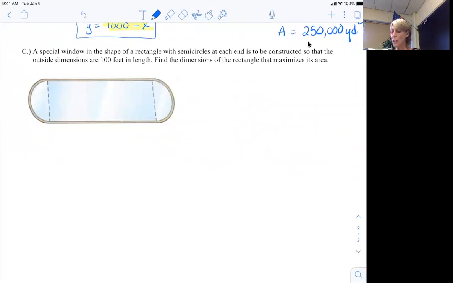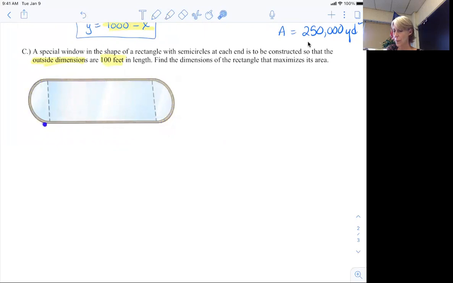A special window in the shape of a rectangle with semicircles at each end is to be constructed so that the outside dimensions are 100 feet in length. Find the dimensions of the rectangle that maximizes its area. I'm going to look at some important pieces of information. Outside dimensions are 100, so that means